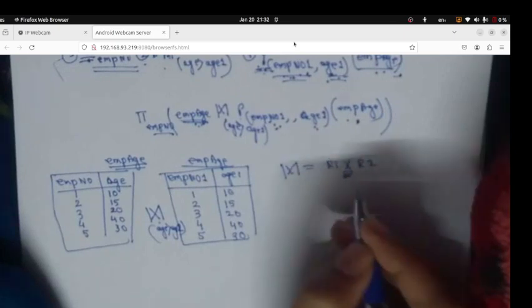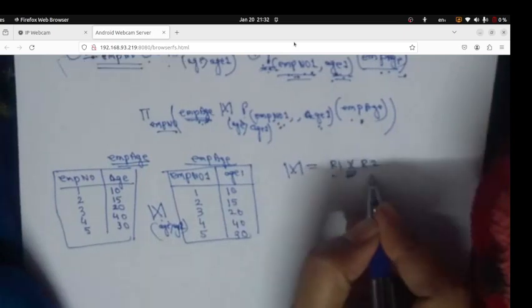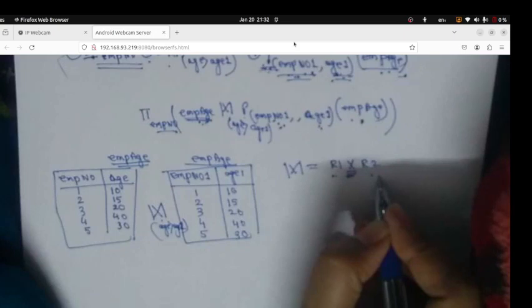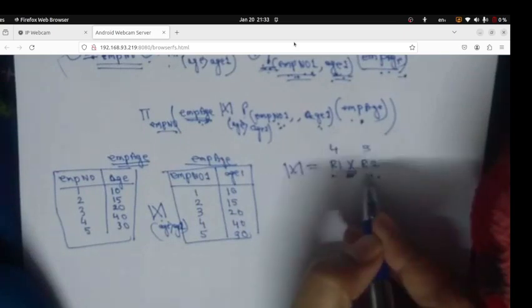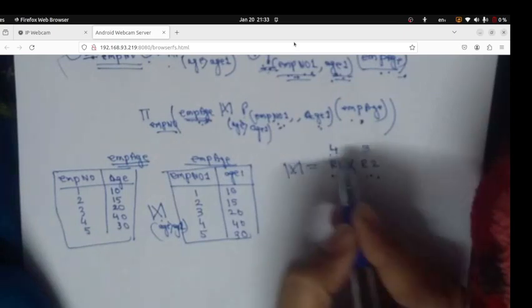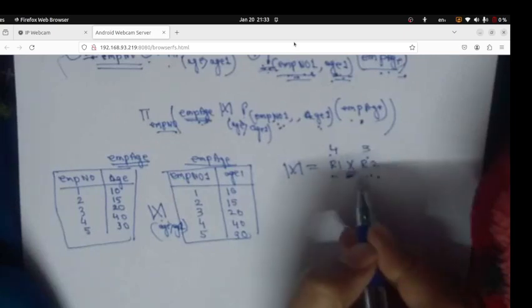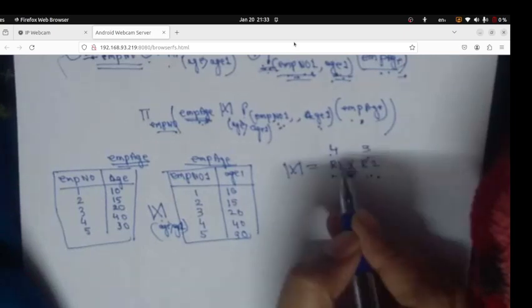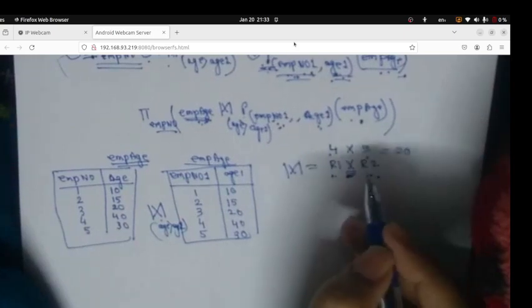Cartesian product means each tuple, or each row, of R1 will be multiplied by each row of R2. So if there are, suppose, 4 rows in R1 and 5 rows in R2, then in R1 cross R2 each row of R1 is multiplied with each row of R2. How many tuples will there be? 4 into 5 equals 20 tuples. For example,